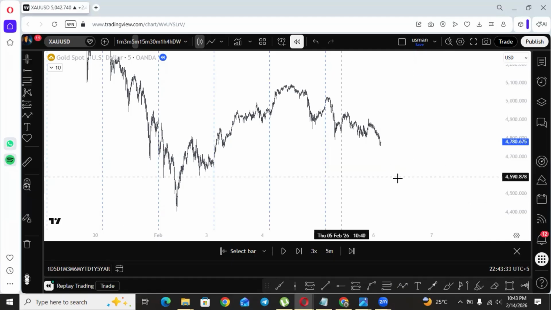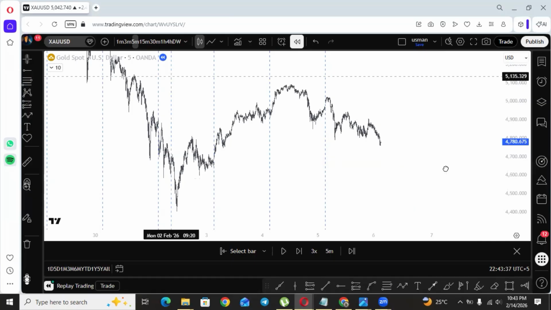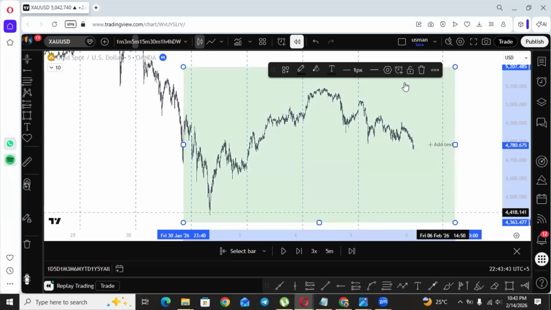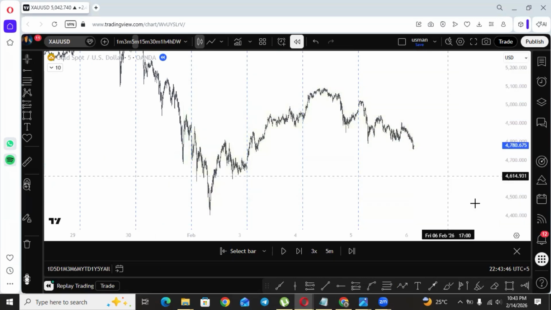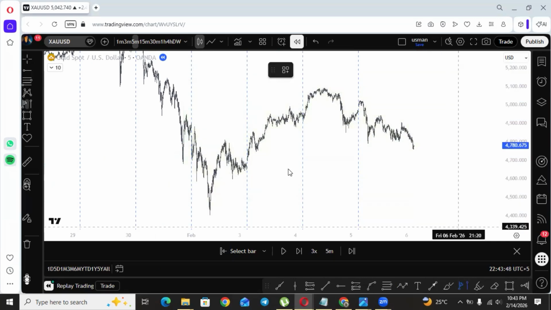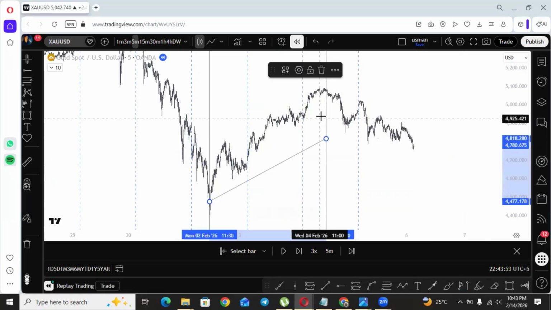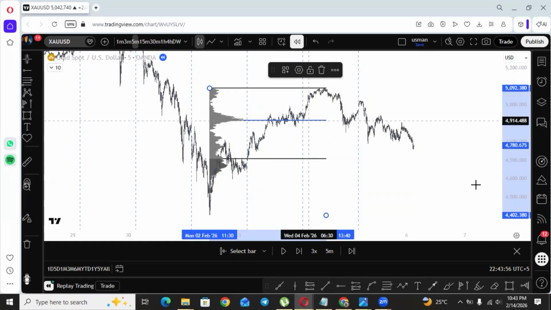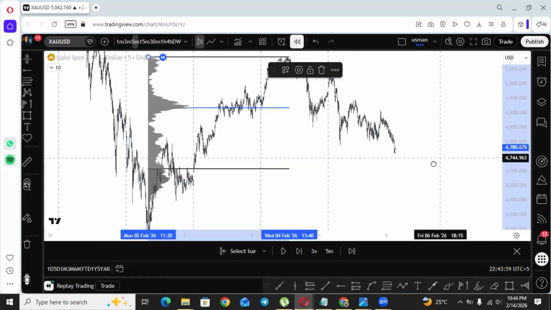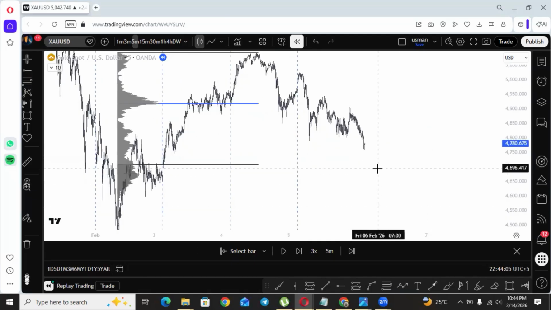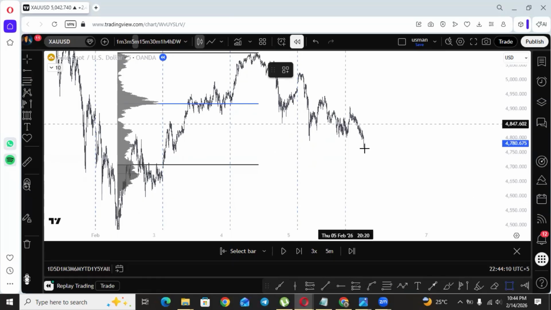I just look at the market with this broader vision, and now I get an idea of how I can find my potential buying and selling areas. So what I do is mark the volume profile from the previous low to the high of this leg. It may contain three days, but if you know how market profile and volume profile work, you know what I'm going to tell. But I will make it easy for you. The market is going down. What is the potential area where I am expecting a buy?